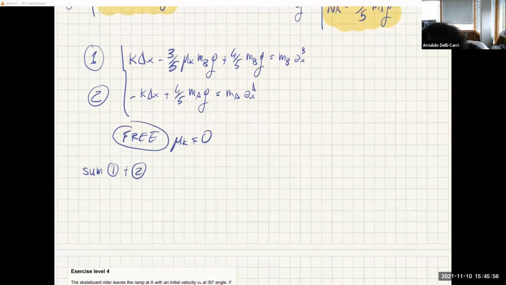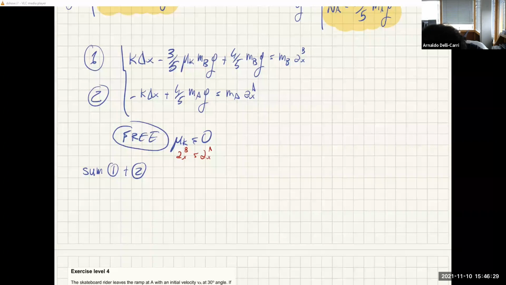I end up with, so if I sum equation 1 and equation 2, this goes away. This is 0 already. So I have just this plus this equals this plus this. And remember, I told you that the accelerations are the same as well. This is the other important bit, that ax of b equals ax of a. So if you sum 1 and 2 in this case, you get that